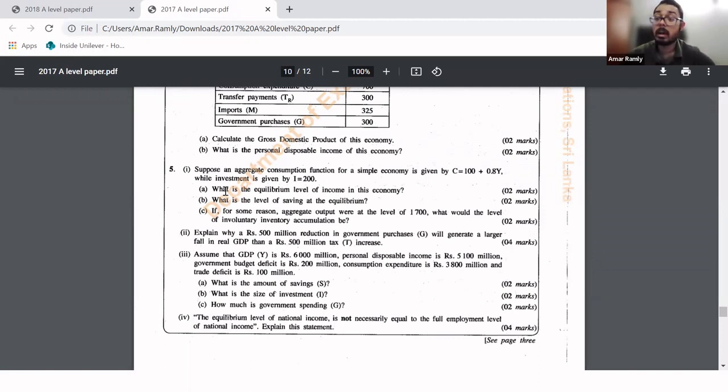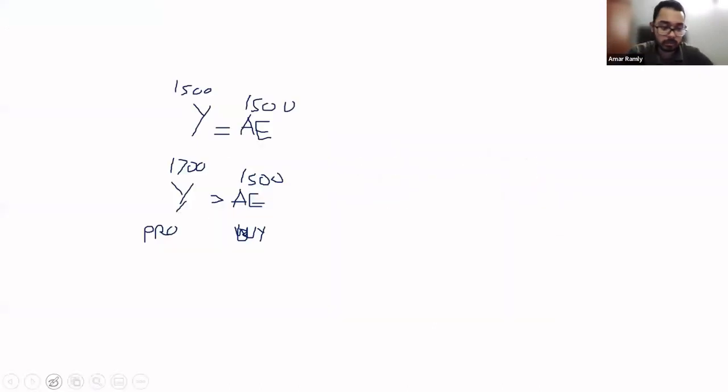But they are asking why the government expenditure change affects GDP more. Why it does, guys, is because, if I were to write out my equation for you, aggregate expenditure equals C,